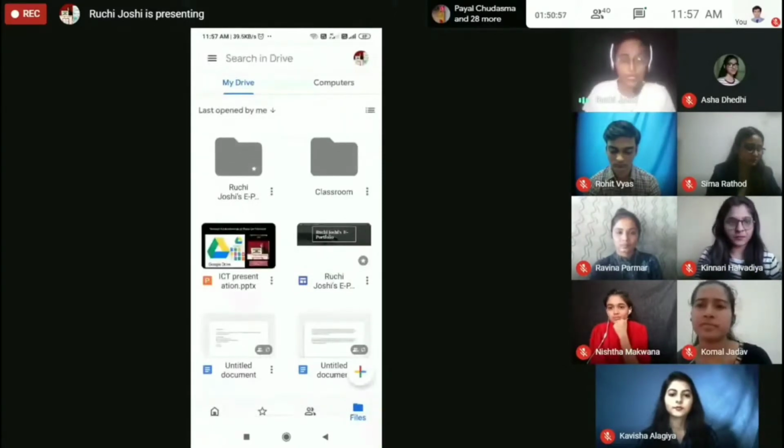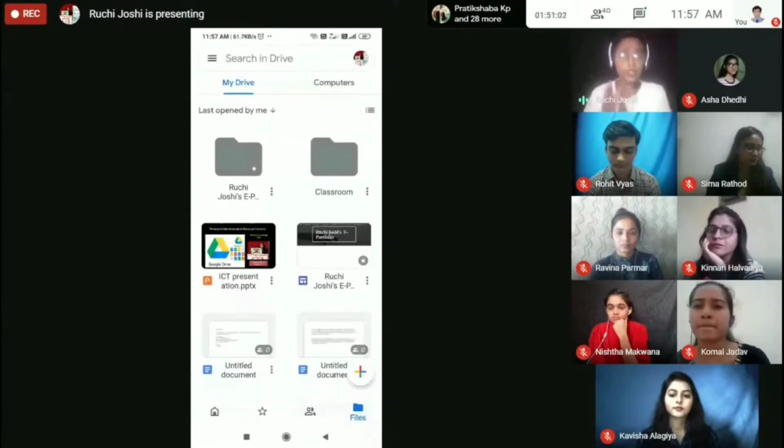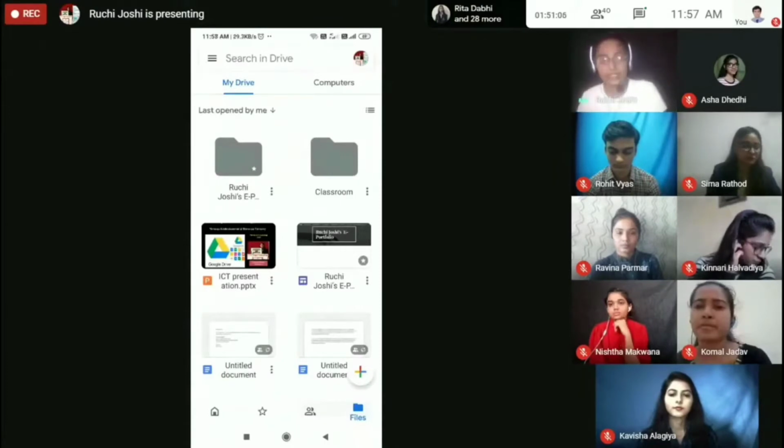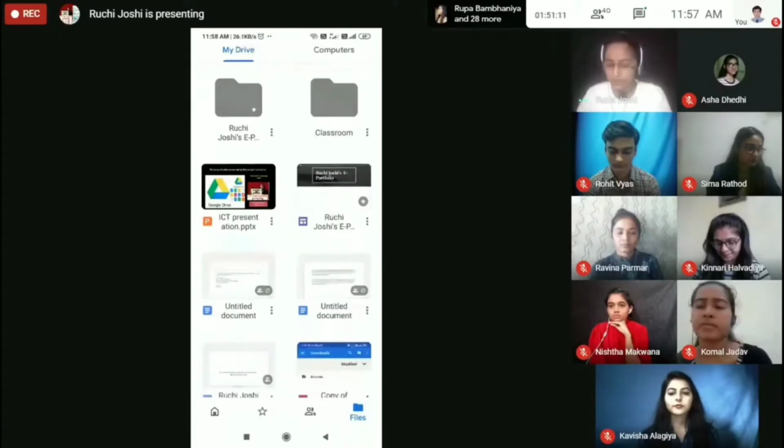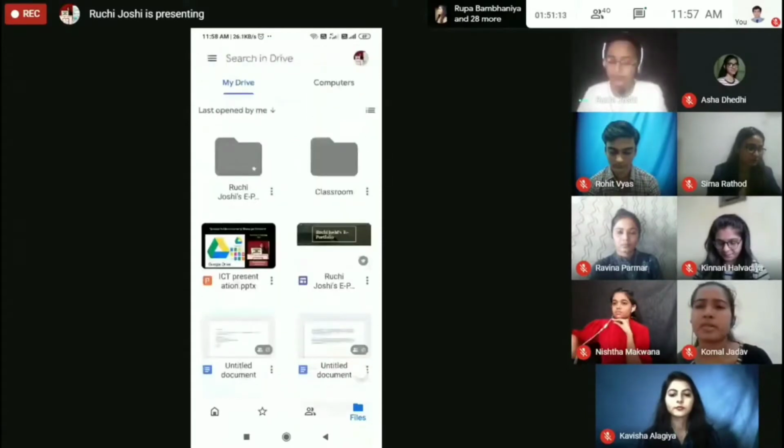If we want to upload any file, document, or video in our Google Drive, what we have to do first is, there is a plus button at the very bottom of our screen. We have to click on that plus button.